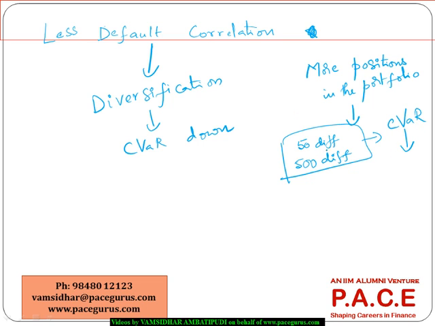But mind you, if the original default probabilities are much lower, and each individual probability of default is much lower, even if you are making the portfolio more and more granular by adding more and more credits, there may not be a significant reduction in our portfolio